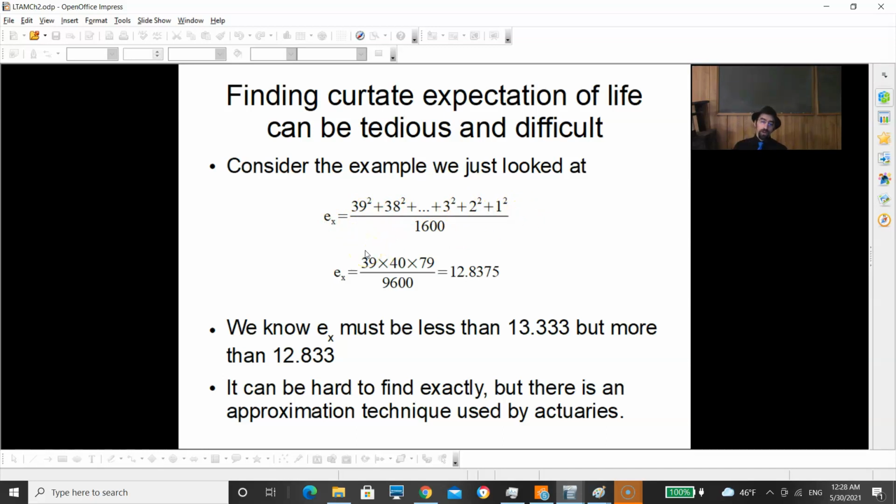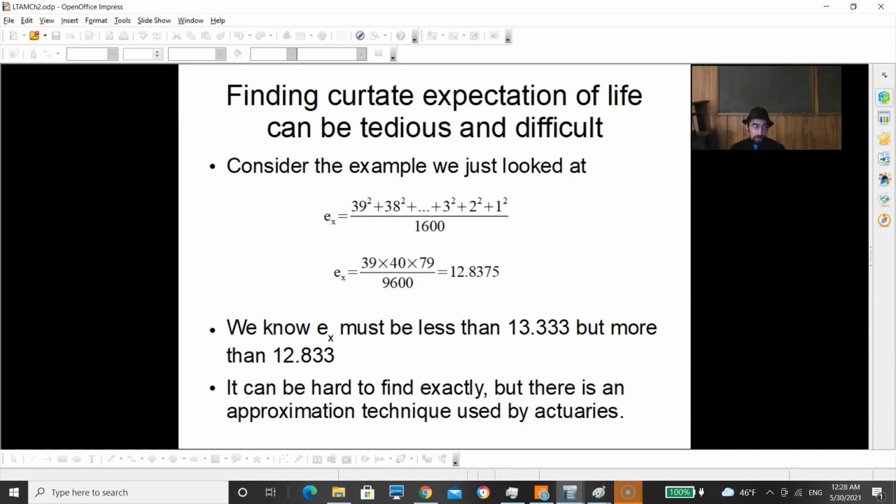If you know the formula for the sum of squares, n times n plus 1 times 2n plus 1 all over 6, great, you can calculate it out, it's 12.8375. But if you didn't happen to know that, this would be a mess. I'll mention there is an approximation technique that I'll talk about in a later video. Stay tuned for that. But for now, all you need to know is that e sub x has to be